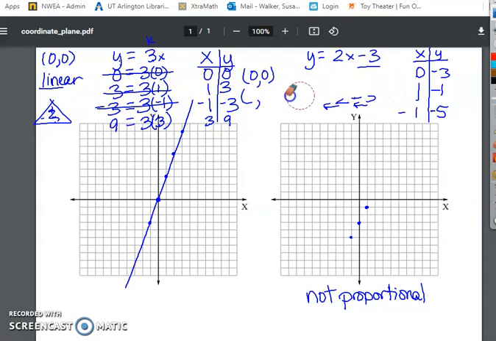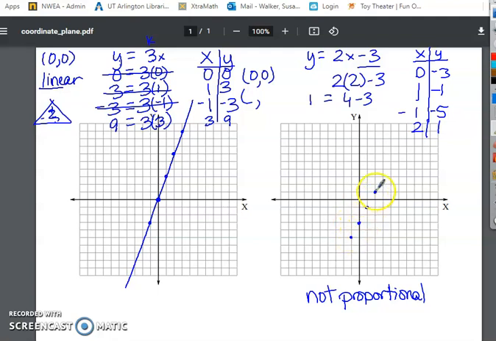So now I'm going to do my last one. I get to choose any points. I'm going to choose the easy one. I'm going to choose 2. So 2 times x is 2 minus 3. 2 times 2, 4, nothing tricky, minus 3. What's 4 minus 3? So my next point is 2, 1. 2, 1. And if I just plot these as I go, I can definitely tell